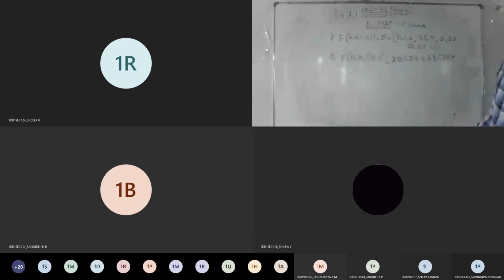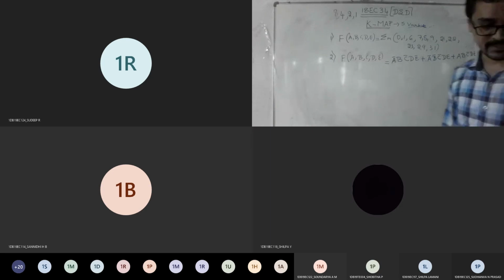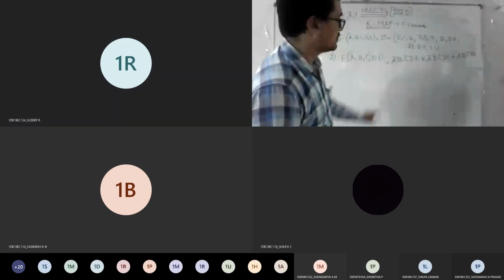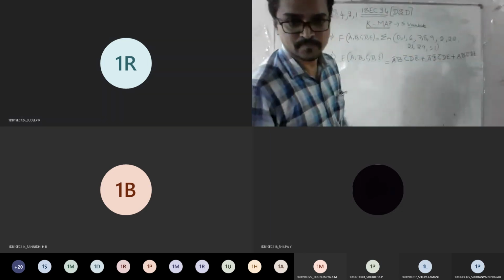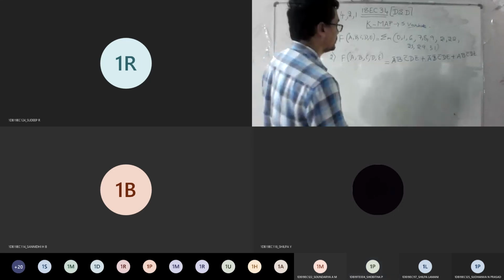just record what I'm writing at the end. Is it visible? A, B, C bar, D bar, E bar. Is it visible, everyone? So what I wrote till there, is it visible? Yes, sir. Okay, continue.